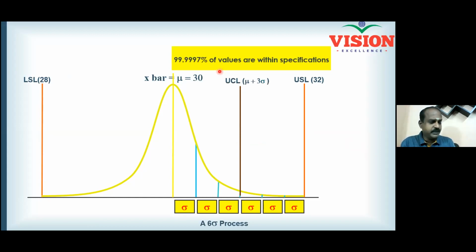And this 99.99997, is it short-term success or long-term success? Long term. Because the value of 99.999 is picked up for a Z score of 4.5, not for a Z score of 6. We'll talk more about the Z score and normal distribution table, probably in the main training. So you will also be able to pick out these types of success rates from the table. A standard table is available which can tell you the success rate for any process, any product, any service, and any industry. So you can also predict the future very well, right?